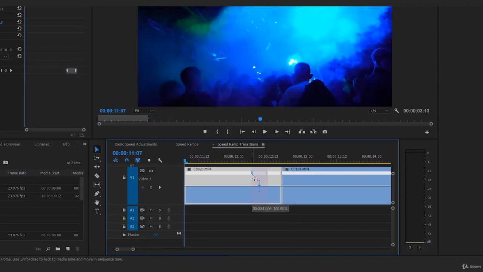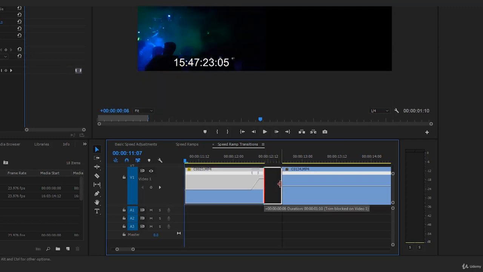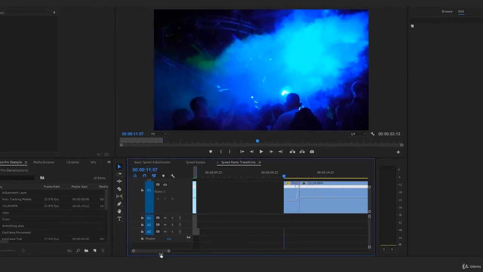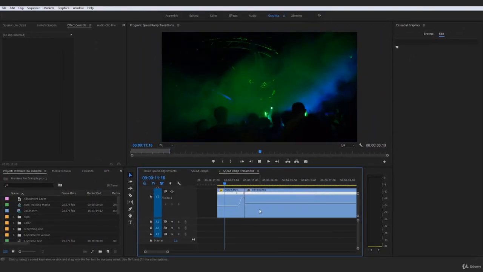And just adjust these so we have a nice little line here, and drag that up. I'm going to bring that up to about 300%. 300 is a nice increase, and that will definitely show a lot of movement. And then we could proceed to drag that along to connect that. Click these little dials right here. Again, adjust that so we have a nice gradual increase, and it is looking all right on one side so far. So that right there could be our original speed ramp to transition in,